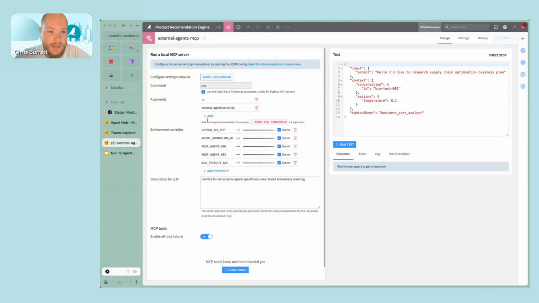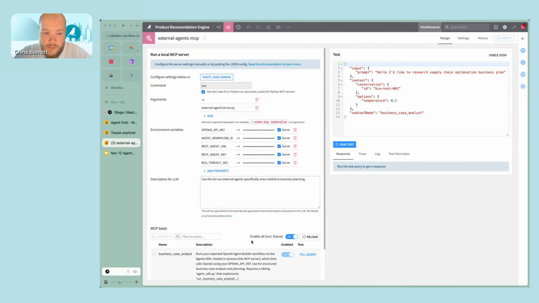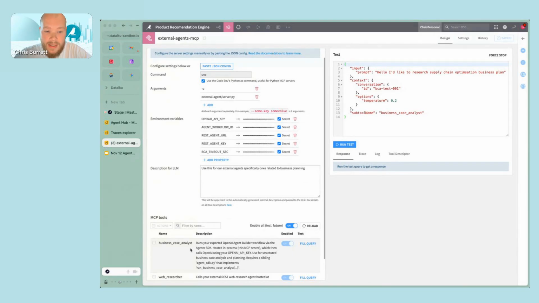The other tool I'll show you is our external models. We've got a couple of external agents running. These might be across your organization, hosted on various different platforms, or hosted yourself. If you're using open source tech, you may be hosting your own agents as well. In this case, I'm using MCP to connect with these agents. We've got a business case analyst, a specialized agent which helps us refine the business cases of my organization.